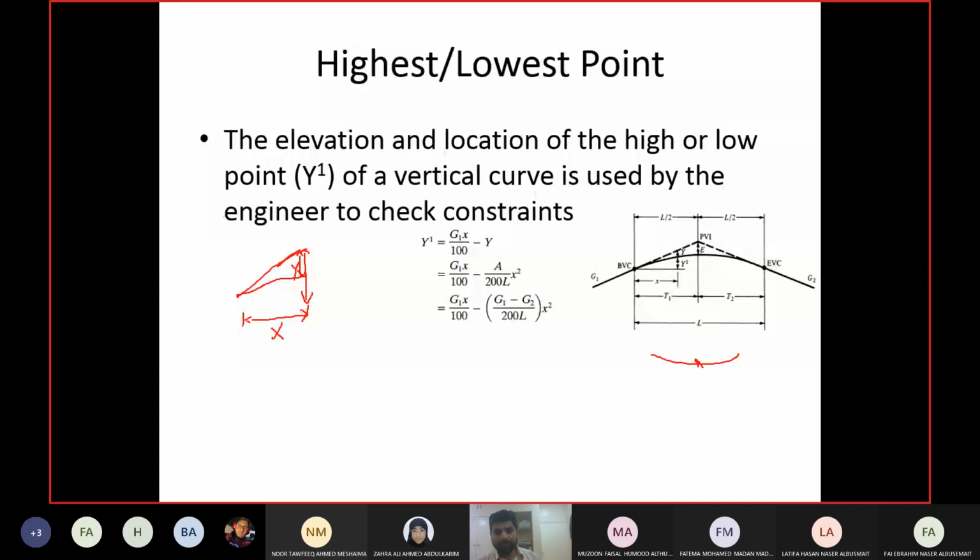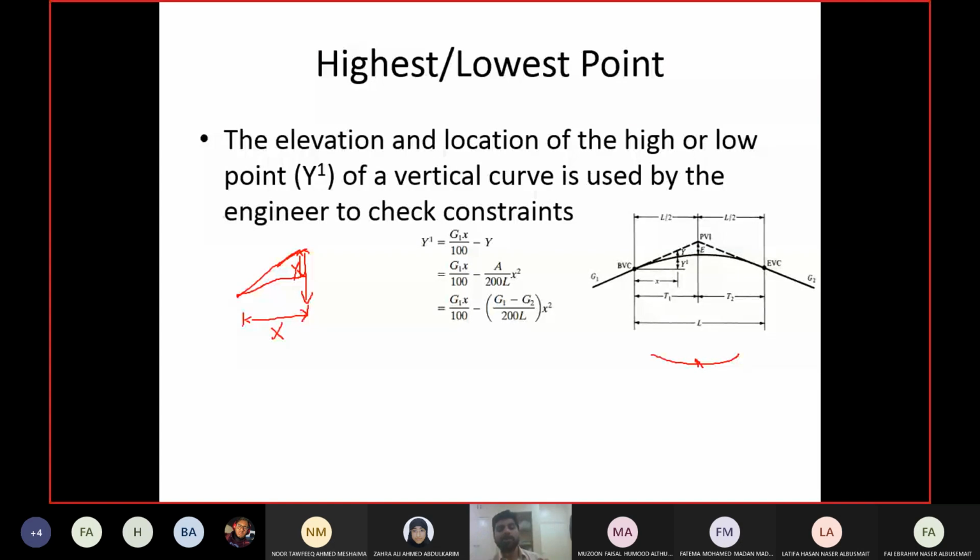Similarly, if you have an installation above the ground level, like a bridge or a wire, a pedestrian bridge, a vehicle bridge, or any other thing like that, then you need to check again the clearance between the ground level and the installation. If there is not enough clearance between the road level and the installation, then the vehicle, the truck, whatever the design vehicle is, will not be able to pass. So you need to have enough clearance between the road level and any installation above the ground or below the ground.